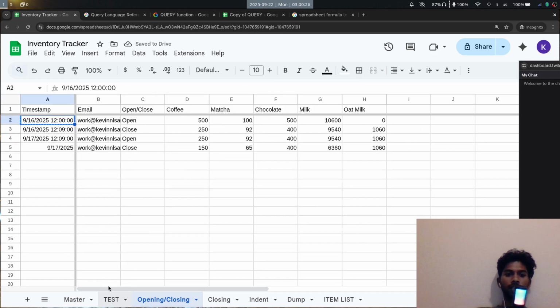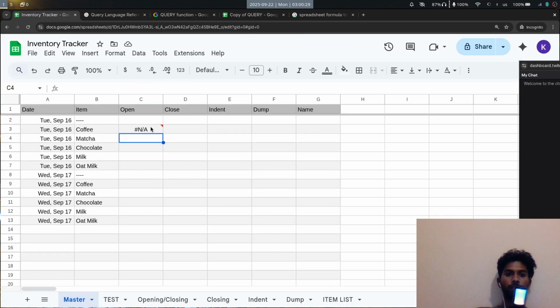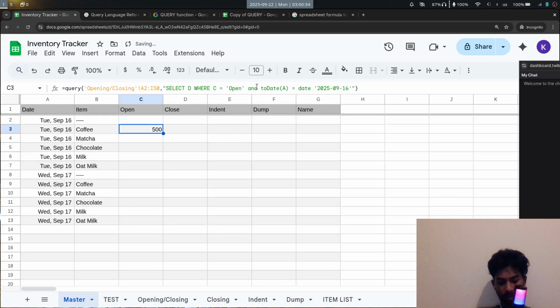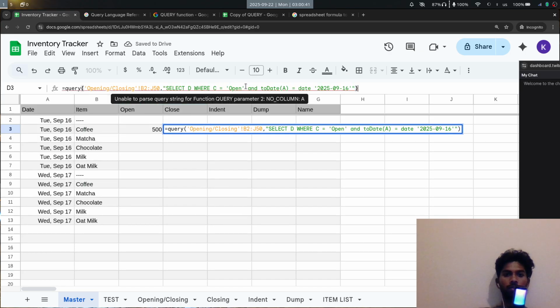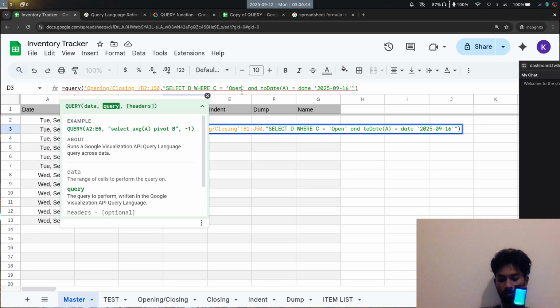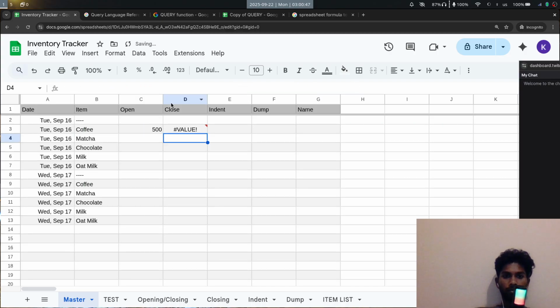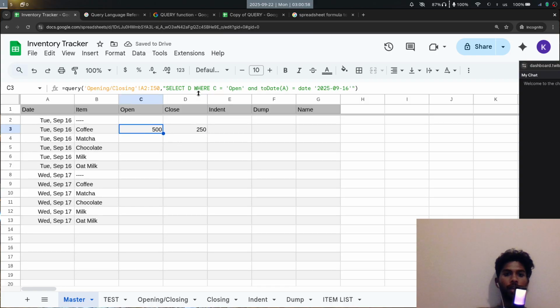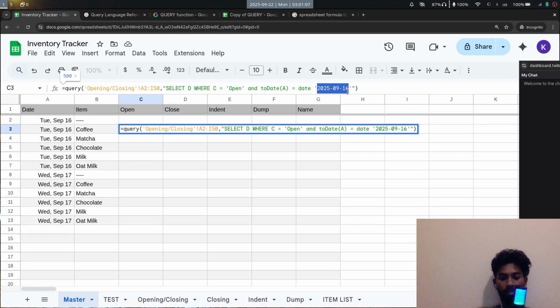Which column would that be? It's supposed to be C. Okay, where C is equal to open. Okay, okay, we're getting somewhere. Not bad, not bad. Okay, now I just need to do this, and this becomes